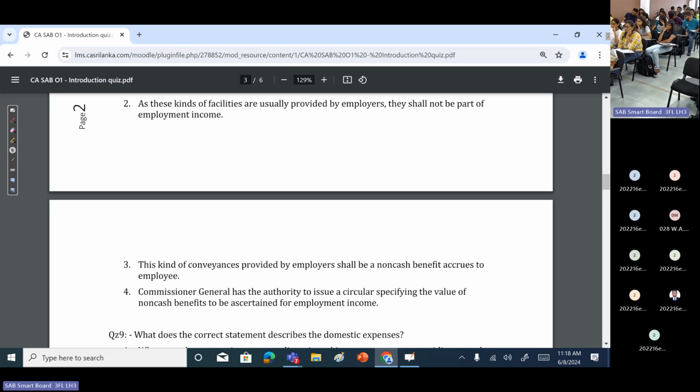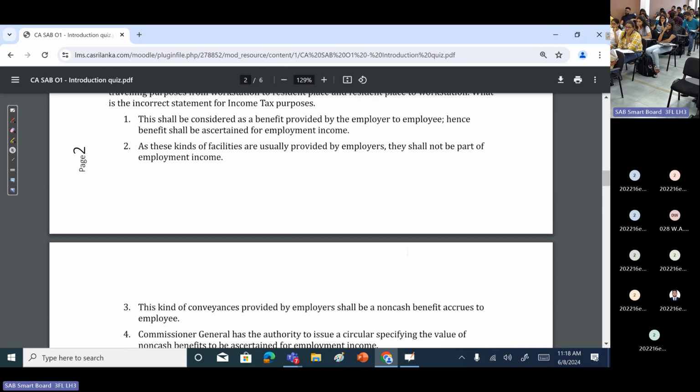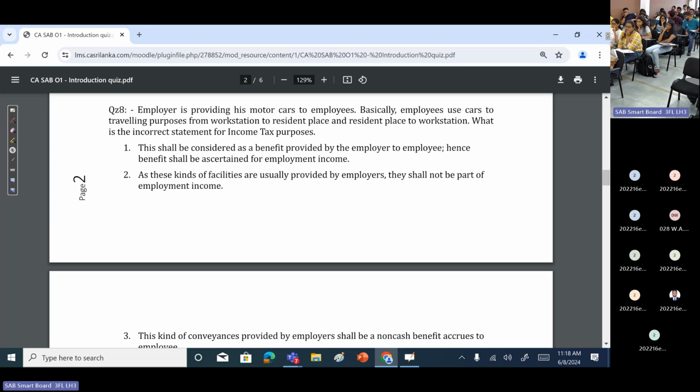That should be treated as non-cash benefit. As per this one, the Commissioner General has the authority to issue a circular specifying the value of non-cash benefit to be obtained from employment income. Because it doesn't say how to work out that thing, the Commissioner General can issue it. He has the authority to issue a circular. So